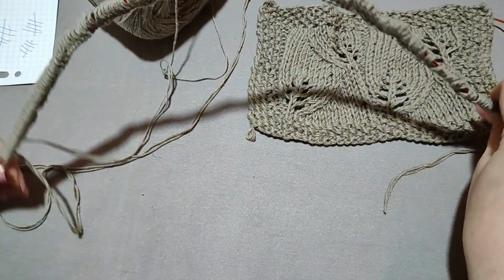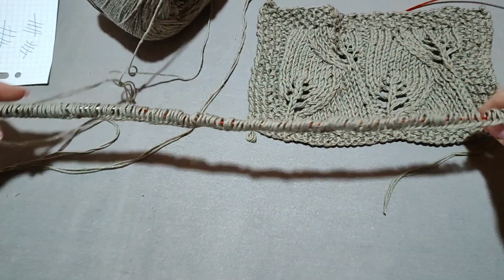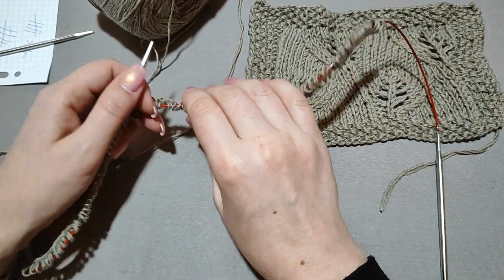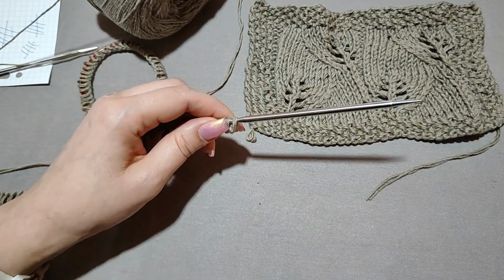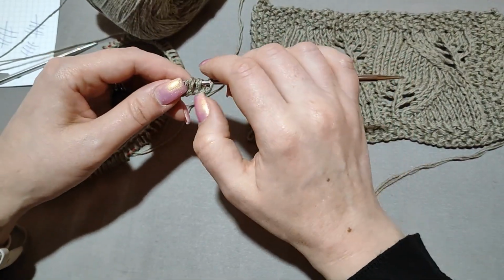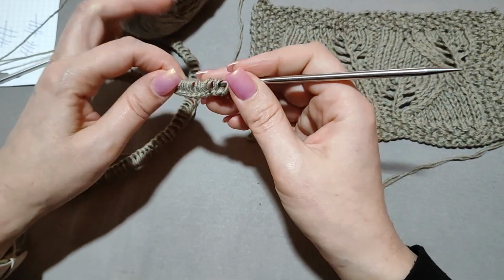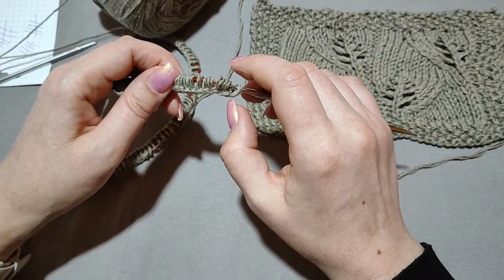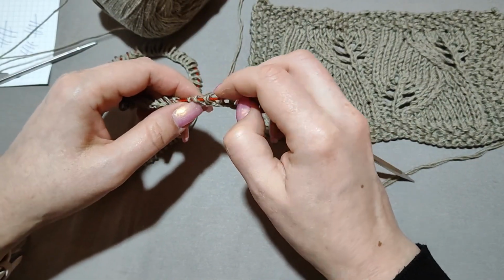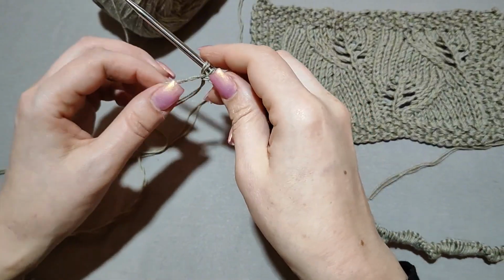So I have my 153 stitches hopefully cast on, and I'm now going to pull out my extra needle and quickly recount the stitches that I have to make sure I have the exact number, and I'll be ready to start the first row of the blanket. So my habit of counting stitches is moving them with my nail in pairs, and I always count in tens as well. So it would be 2, 4, 6, 8, 10. It's a bit tricky to count stitches here because the yarn is held double, but we'll get there. So it's 2, 4, 6, 8, 10, 2, 4, 6, 8, 20, and so on. So yes, I do have 153 stitches,